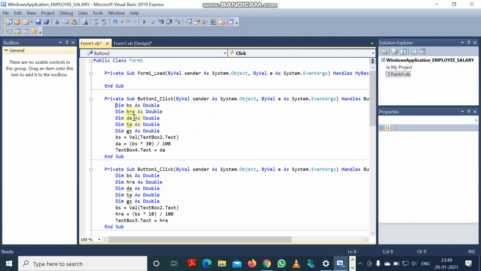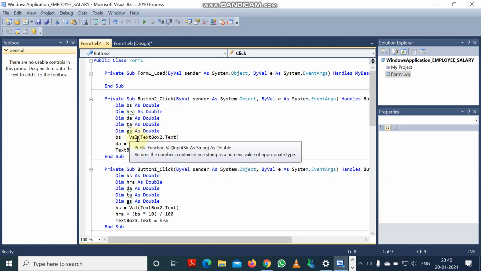BS, HRA, DA, TA and GS, 5 variables I have taken with the help of the Dim or dimension keyword, with the data type double. Here also I'm taking the basic salary from text box 2 with the help of the val function.